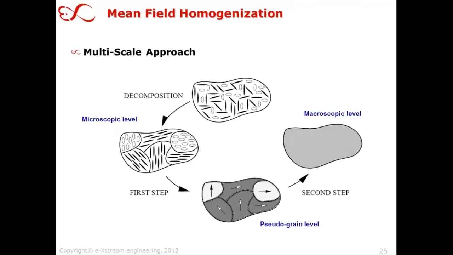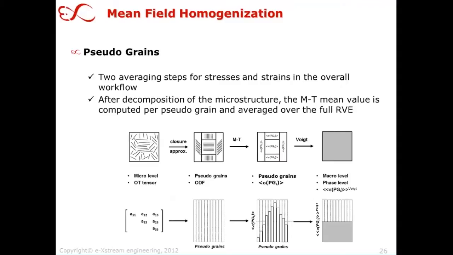And so this is the one-by-one approach as one could depict it, but of course it's hardcore mathematics what's behind that. So let's put it in some different picture. Let's start this time from the orientation tensor, because the orientation tensor, as I said, is what we get out of the injection molding software. Starting with the orientation tensor, we go to the orientation distribution function. To deduce the orientation distribution function is exactly to go to the pseudograin levels and to separate the fibers in classes of different alignment in space. And for these